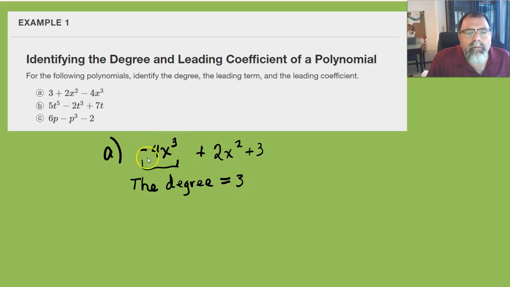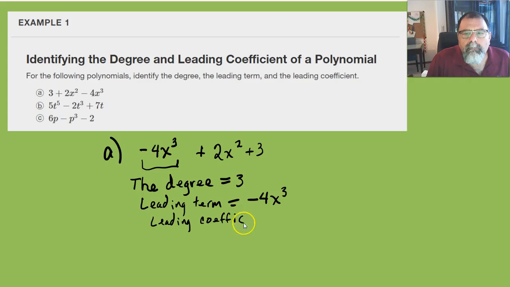The leading term would be the highest degree term. So it's the whole term, negative 4x cubed, and then the leading coefficient is just the number part of that term or expression. So it'd be just the negative 4. Okay, so B,